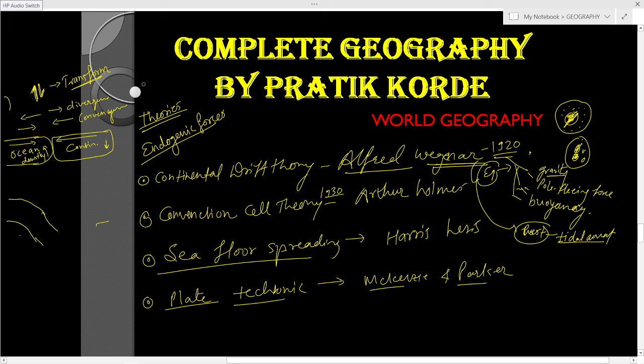This plate will be subducted, and the oceanic plate will take on. Okay, the oceanic plate will basically take on. So now this particular portion, that is the upper mantle, is called the asthenosphere,